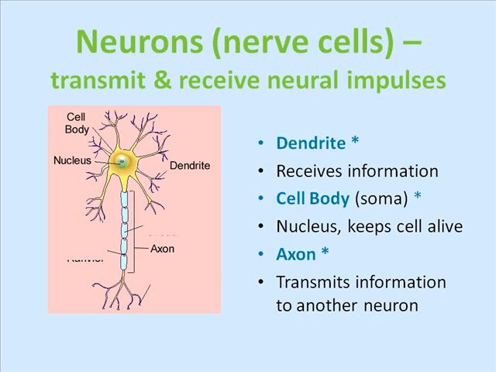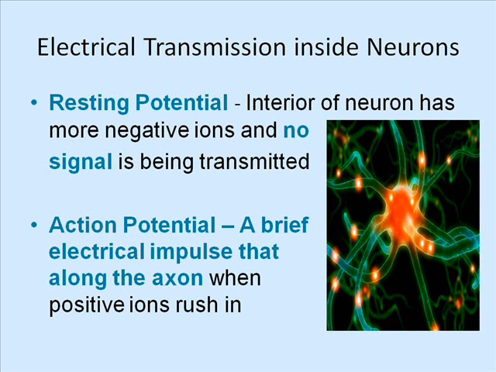The cell body or soma is the nucleus which keeps the cell alive. The axon is the part of the neuron which transmits information to another neuron. We'll return to Objective 2 in just a moment, but Objective 3 asks that you define an action potential and